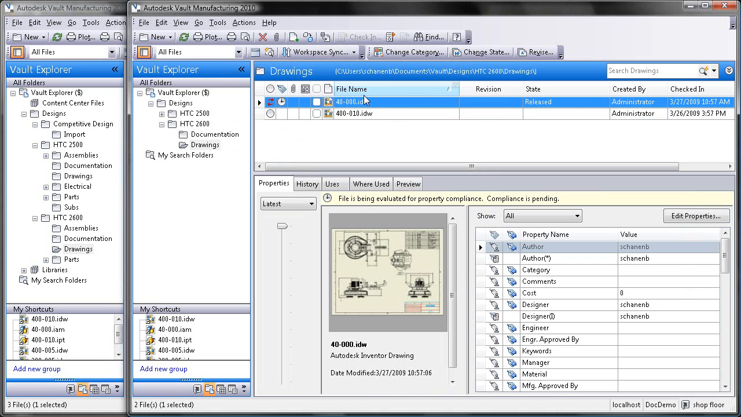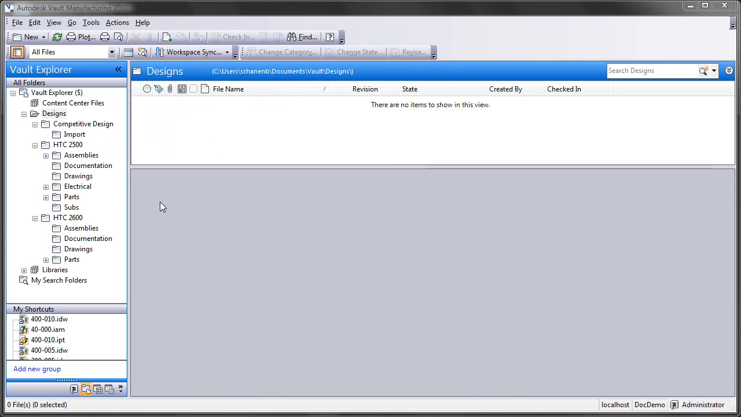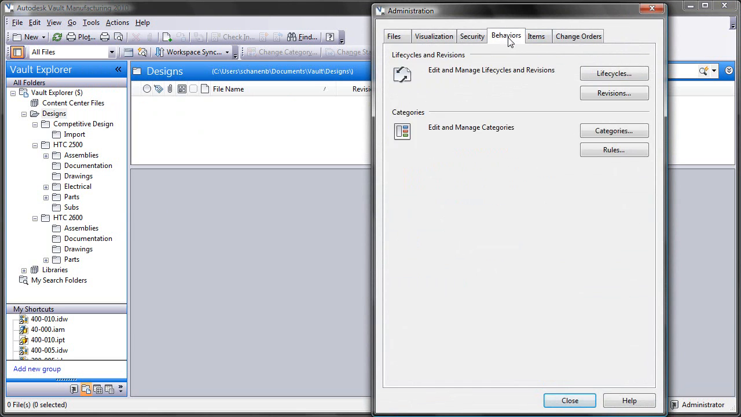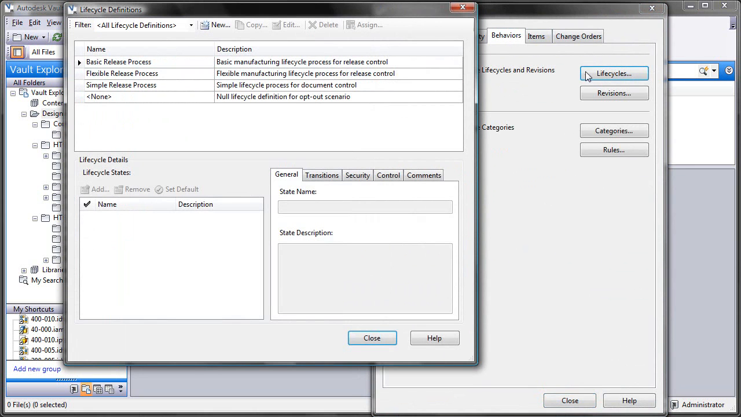You see, behind the scenes, and we'll talk about this coming up, as an administrator, I've said that this particular user group, the manufacturing and the shop floor, can see data that's released, but cannot see data that is work in progress. So next we're going to take a look at the behind-the-scenes administrative configuration of lifecycle states and permissions applied to them. From the Tools pull-down, we'll go to Administration and the Behaviors tab, and there's an area just for all